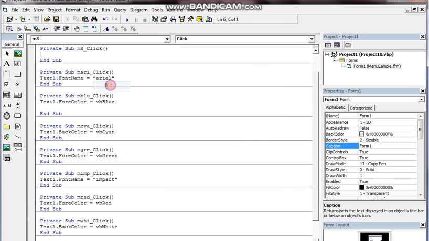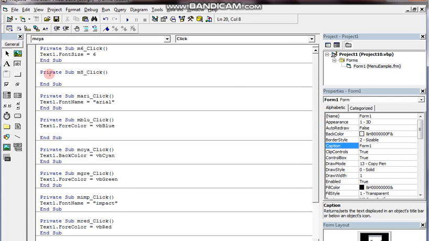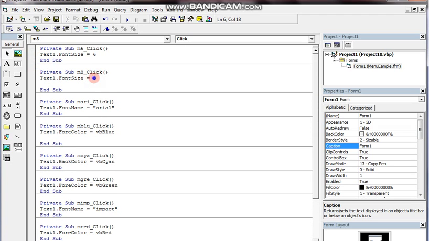6, 8 and 12. So 8. So just we can copy also the coding what we wrote before, that also we can copy. Simply selecting, holding control, you can drag here and can specify 8. Okay, then go